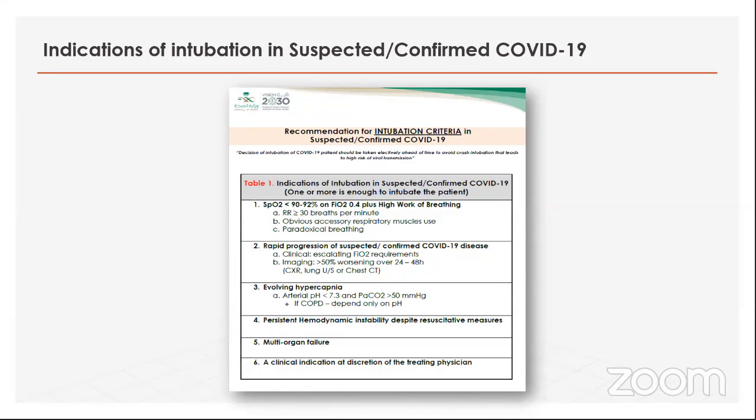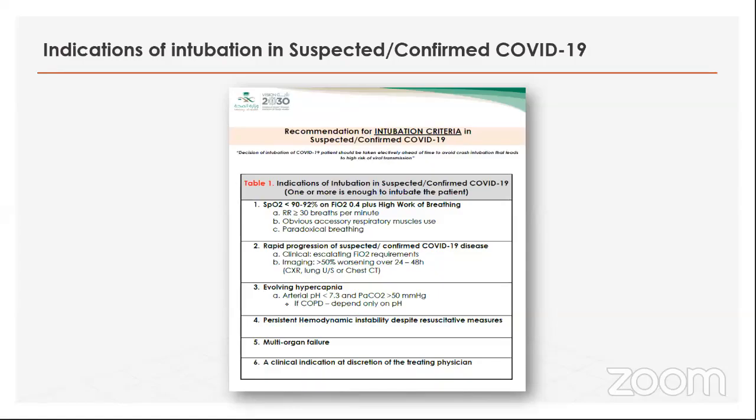COVID disease, clinical with escalating FiO2 requirement. So if the patient starts to require more oxygen, escalating, and if his imaging, either chest X-ray or lung ultrasound or CT scan, has been worsening over 24 to 48 hours, 50% is an arbitrary value, but still you will find criteria number 6 will solve all these problems, which I will talk about later. Evolving hypercapnia is defined as pH less than 7.3 with PaCO2 more than 50,